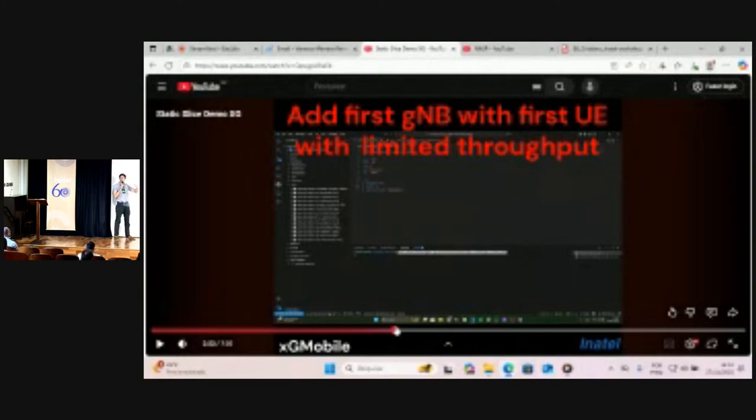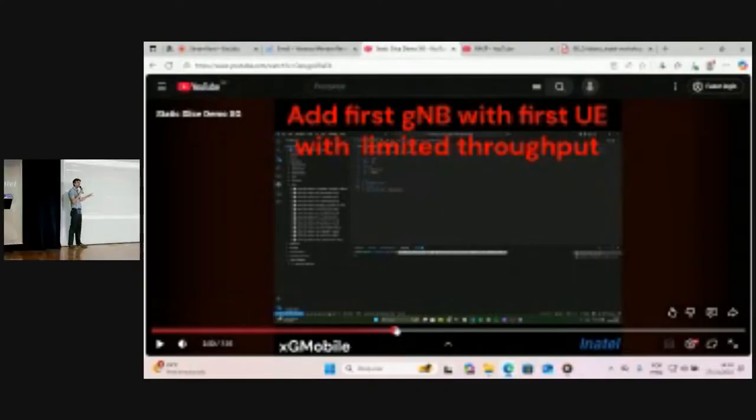For example, Gustavo created the two slices and did not instantiate more than one UPF, as I showed in my slides. In these demonstrations, we share all functionalities in the core, considering the two slices.